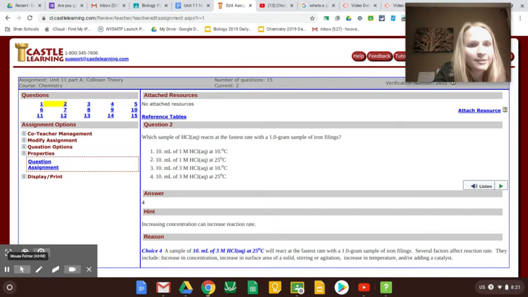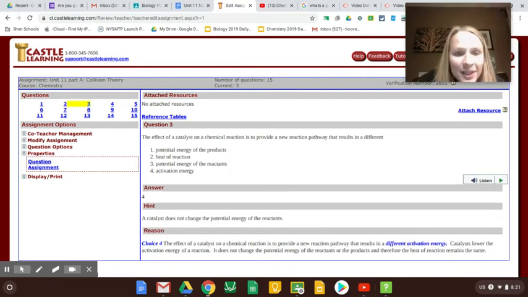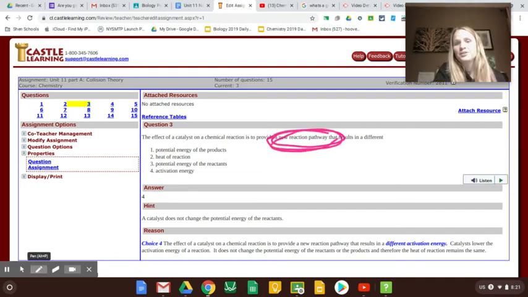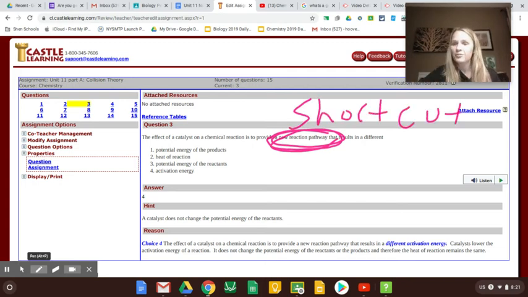Okay, the effect of a catalyst on a chemical reaction is to provide a new reaction pathway. So that's always, they're going to say it provides a different reaction pathway. Remember I said it's like a shortcut, like, here, come here, take this easier pathway. It's faster and easier. So it offers a new reaction pathway, and they're always going to say it's going